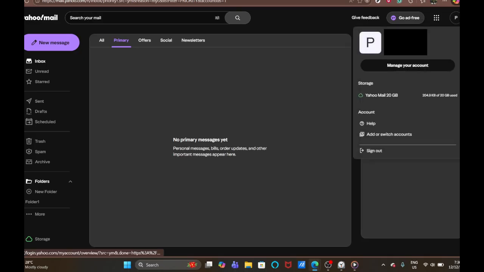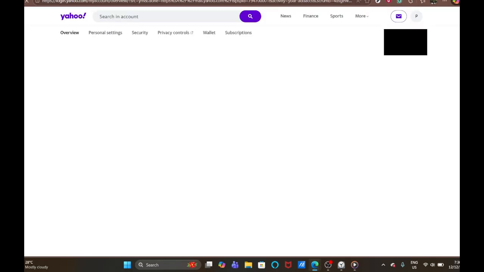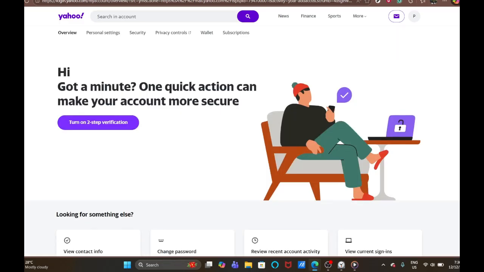From your inbox, move your attention to the top right corner of the page. You'll see your profile icon there. It may be a small photo, your initials, or a generic avatar. Click that icon to open the profile menu, then choose the option that lets you manage your account. This link sometimes appears as Account Info or Manage Your Account, and it takes you to the page where all